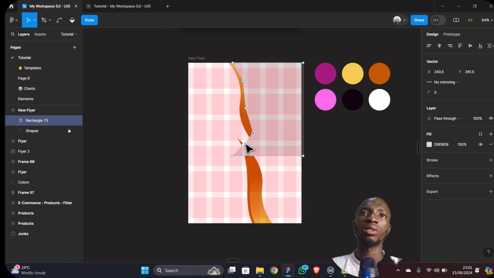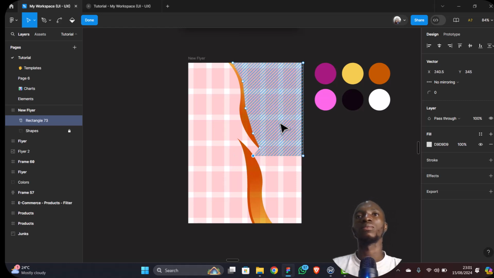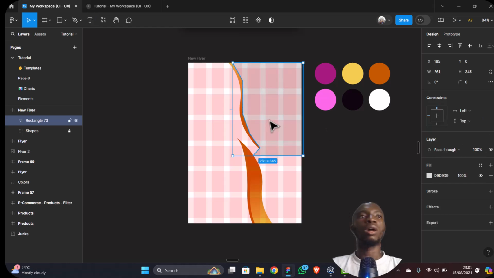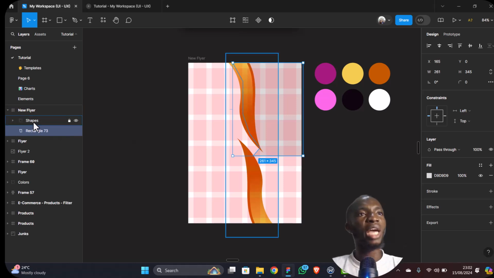Continue moving. All right, just like that. I'm going to move this down so that it will be at the back of